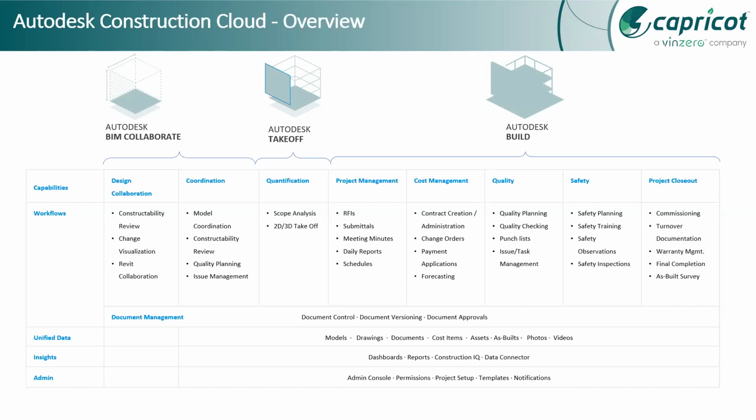And the topic of discussion in this series is Autodesk Build. That is where, during the construction stage, we can achieve project management related activities, and manage the cost and the quality and safety of the project. Even at the end or during the closing of the project, we need a lot of data, a lot of filing, a lot of completions, which we can perform with the help of project closeout.